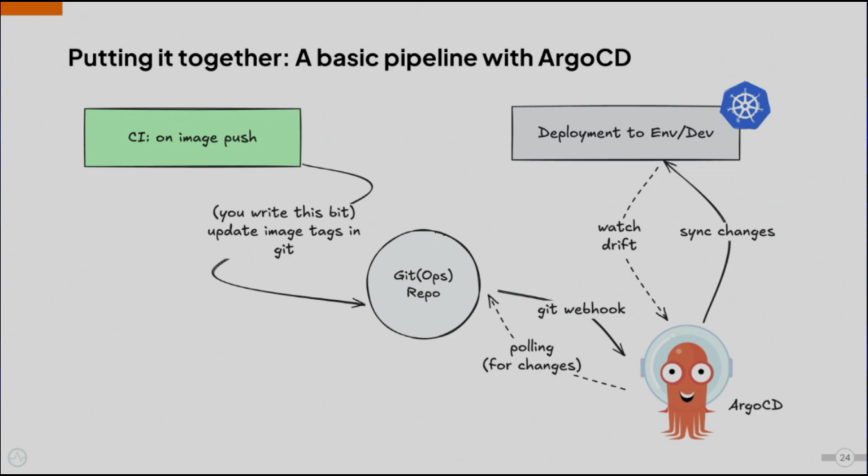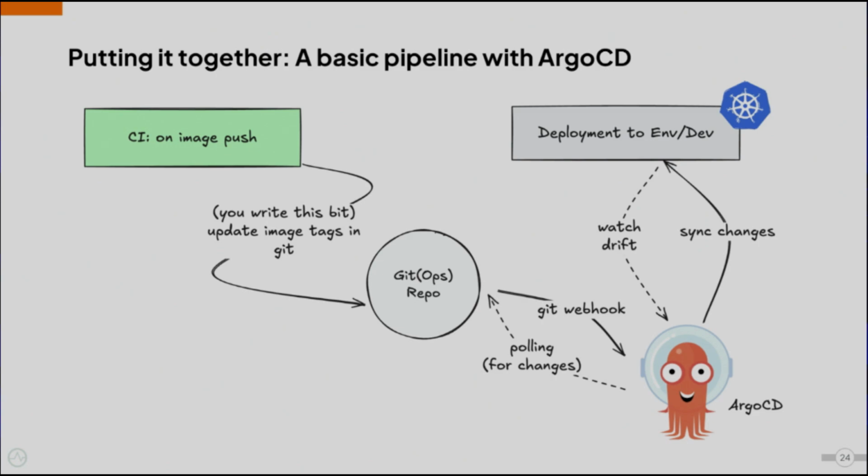then you also need another step. You need to take the new image tag and update it somewhere in your GitOps repository, because that is the new desired state of the world, right? And once you do that, you just have Argo CD run inside Kubernetes. What Argo basically does is it continues to poll your repository, right?